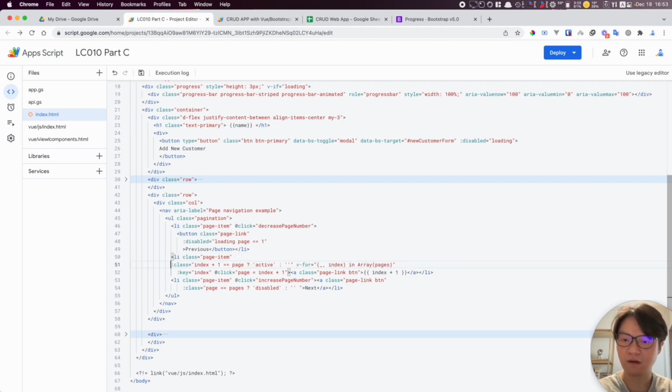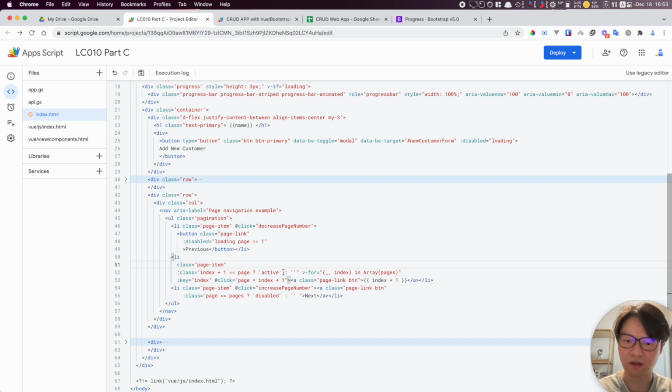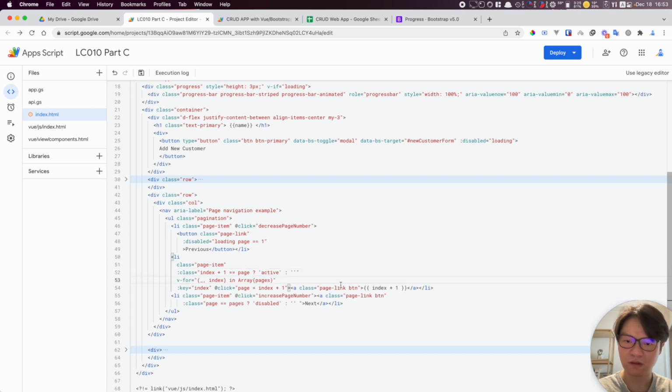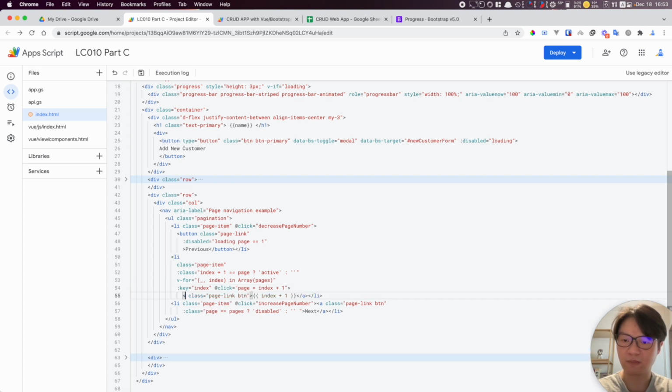V4, no need to change. Key, no need to change, and this is the, so I only need to change this button as well. Change it to button, remove this button,